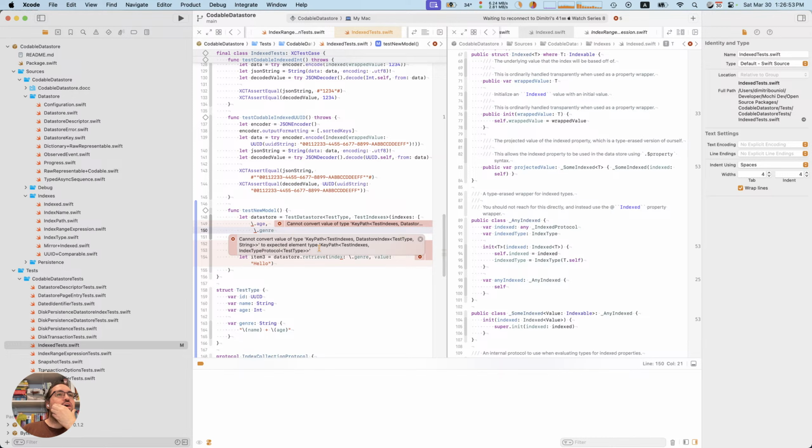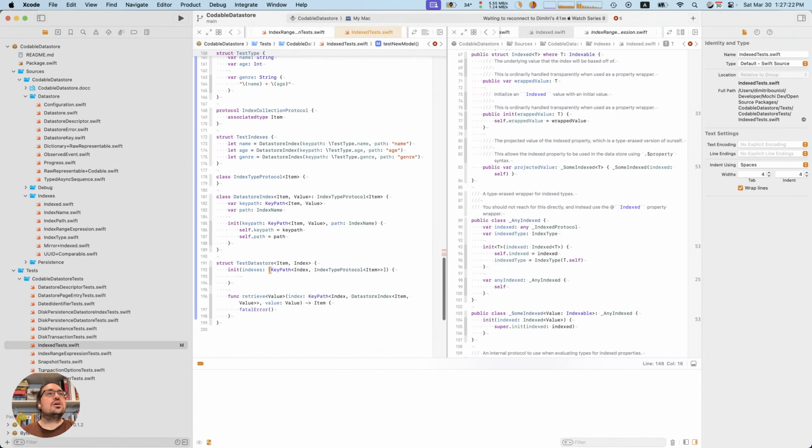We can't automatically convert from this, which is a key path leading to a data store index, to this, which is a key path leading to an index type protocol. And I inadvertently broke all of these things, which might just be because we don't know what this is. Okay, maybe that's still fine.